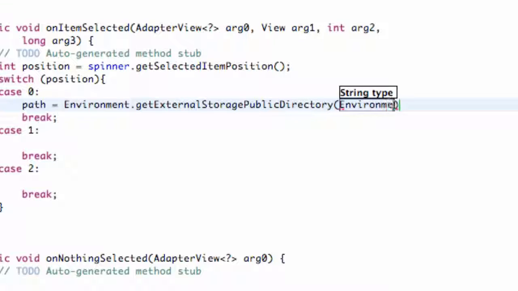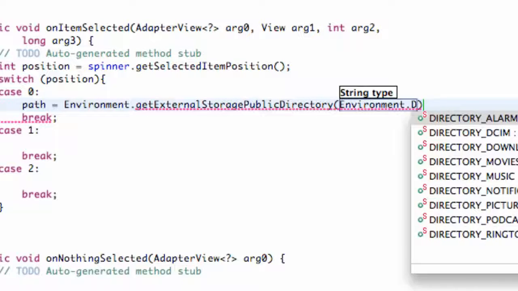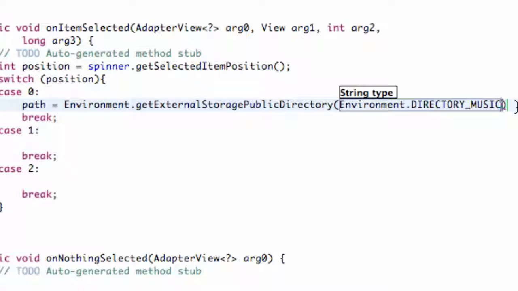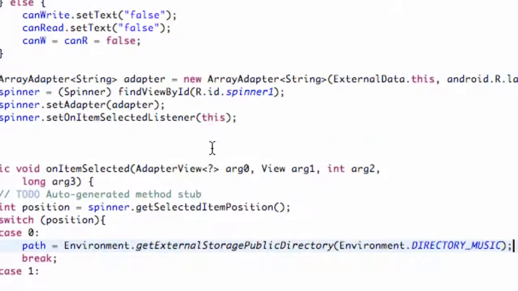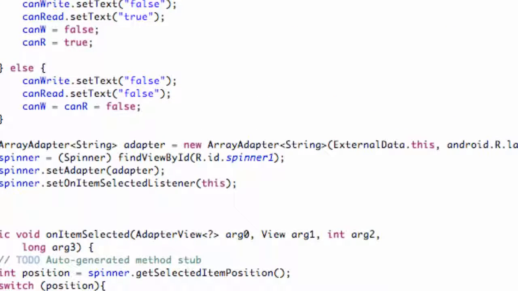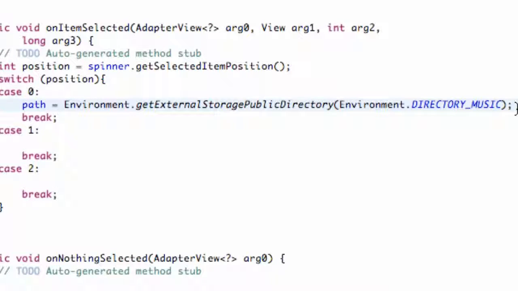And then all we're going to say within here, we're going to refer to our Environment as well. We're going to say dot DIRECTORY, what was the first one? I believe is music. So we're going to say dot DIRECTORY_MUSIC, and then just finish our statement there. So let's make sure, yeah, we have music, pictures, and then download. So we're just going to copy this